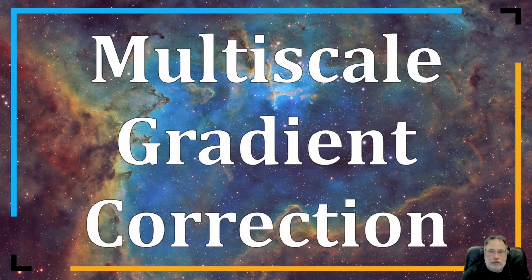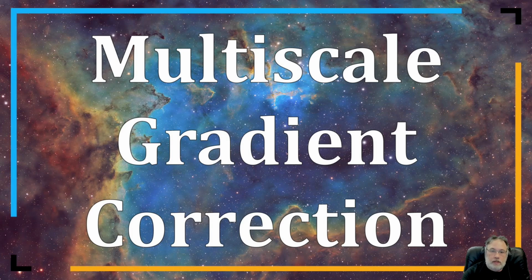I was working on a project here in galaxy season, a couple of photos, and realized that multi-scale gradient correction, I don't see very many people using this in YouTube videos or instructions. I'm not seeing a ton of it from, I'll call it, my mainstream YouTubers I'm following. I know there's plenty of people probably talking about it separately. Thought I would show how I use it for a galaxy and then one use of it on a hydrogen